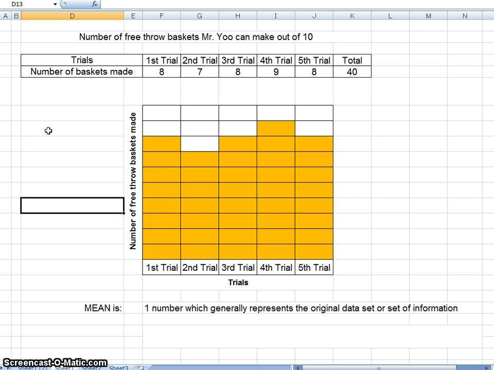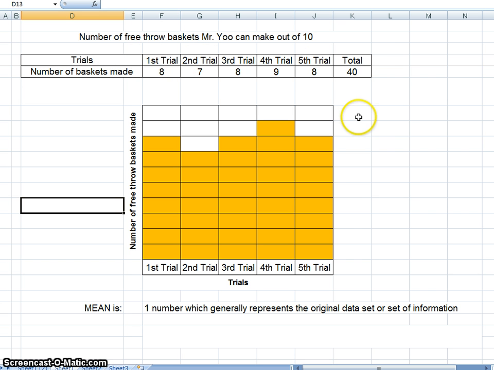So again, it's one number that represents, in general, the original set of data, or set of information. And that's exactly the kind of number I'm wanting right now. So I can just say that is the number of shots or baskets that I made out of 10 from the free throw line. Now, how do I figure out what that number is? How do I find the mean number of